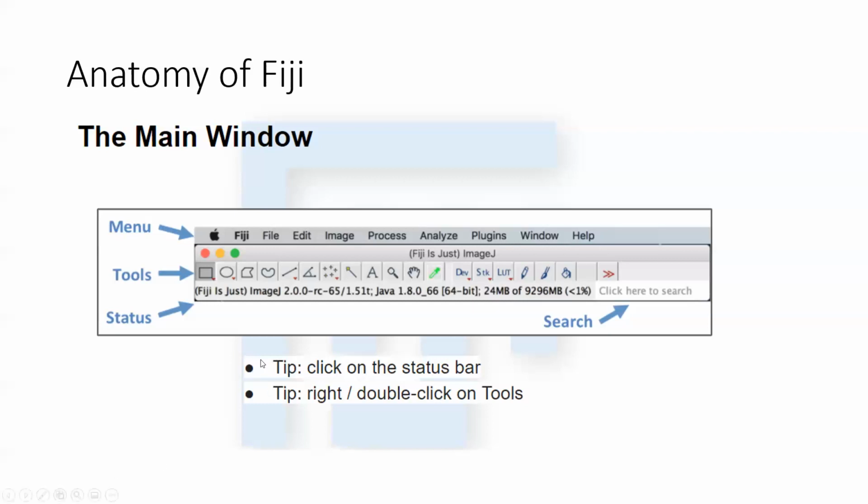So, when we look at the main window of Fiji, you will find a few things. There is a menu bar at the top, and we will be exploring each of these once I jump onto Fiji. There are a bunch of tools over here, and there is a status window. Everything that you will see in Fiji has its own purpose, has its own use. Nothing over here is just because developers wanted to throw things over there for you. Everything is very useful, and most importantly, there is a search bar over here,